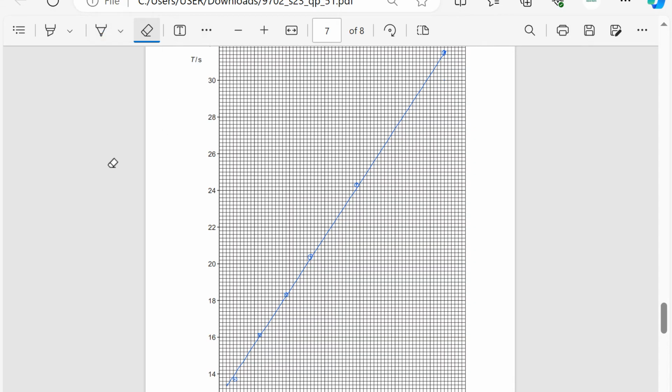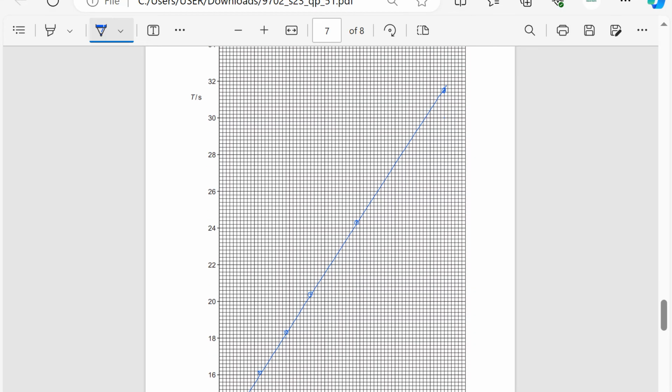Let me try a third attempt to draw another line. The ruler shakes on the computer. No, this is worse. Yes, at least that is better. Okay, so that is my line of best fit. It may not be the best line because I'm drawing it on a computer. You could draw a better line. So next is